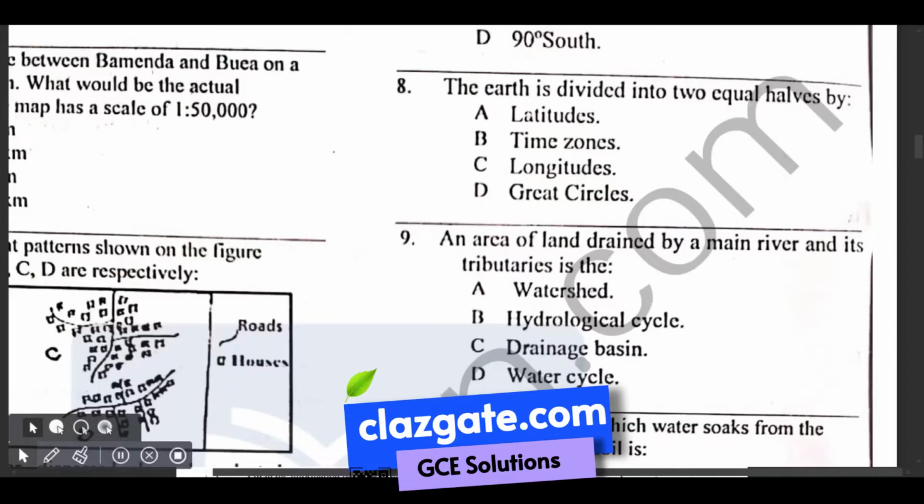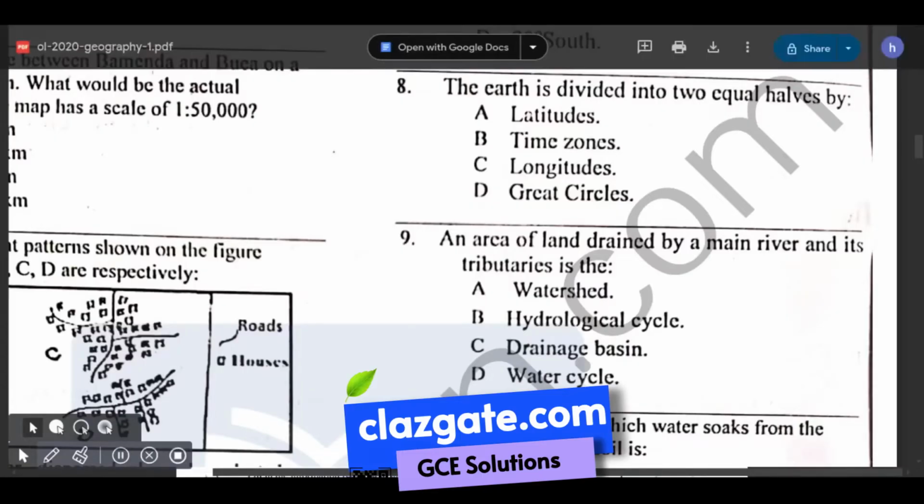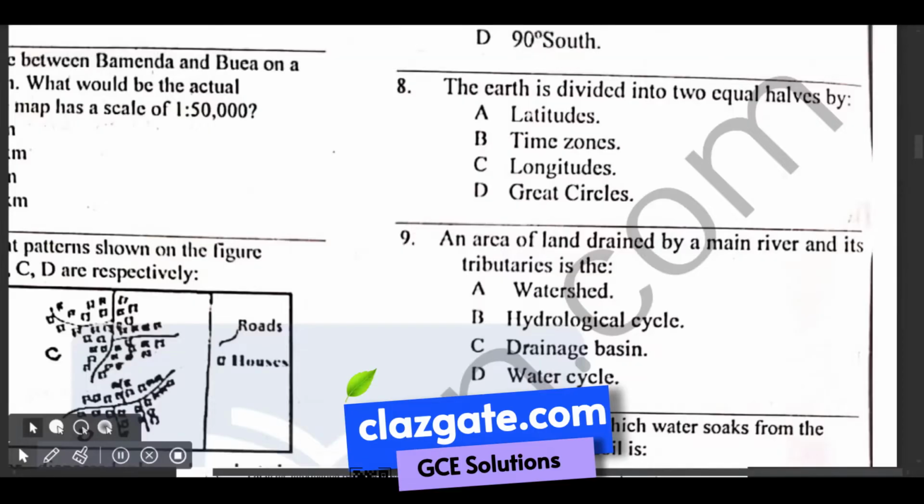Each degree of longitude is equal to the distance around the earth. So this is what happens, because the answer cannot be latitude. Because the latitude at the equator is different from the latitude at another hemisphere, because it will not be equal. The only latitude that divides the earth into 2 equal halves is the latitude of the equator, where it is